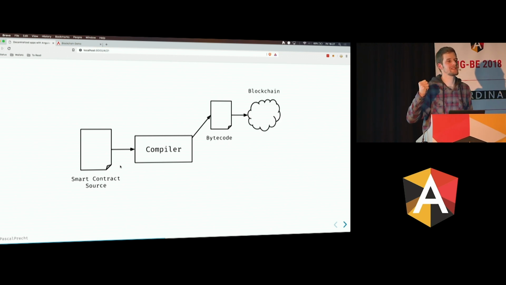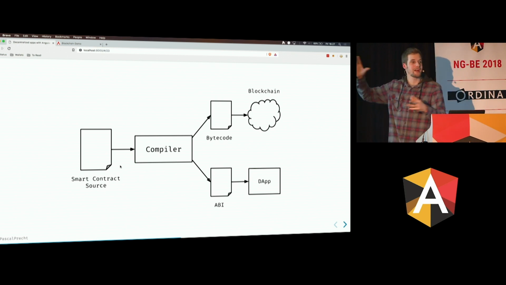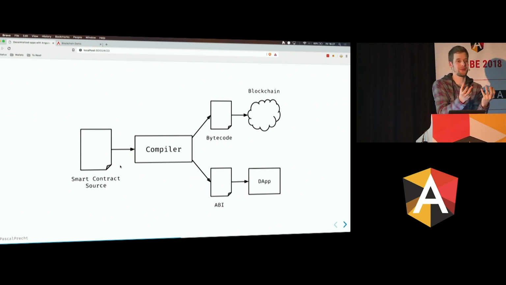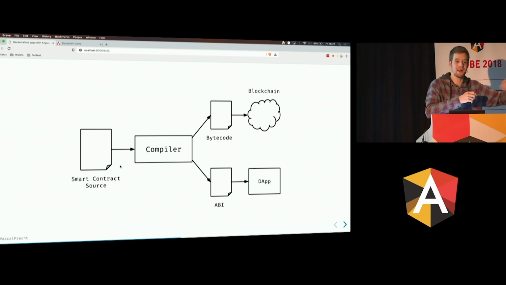That's when you create an instance of that contract. But what you also get from the compiler is something called an ABI, an application binary interface. This is more or less something like a JSON structure that you can use in a web app to actually create an equivalent contract instance in your JavaScript app, for example, and use that to talk to that smart contract